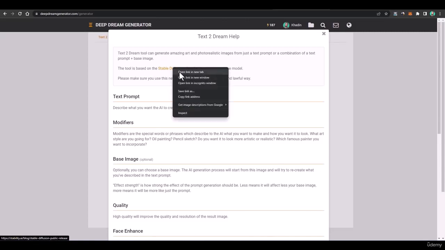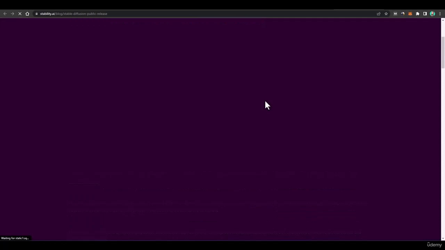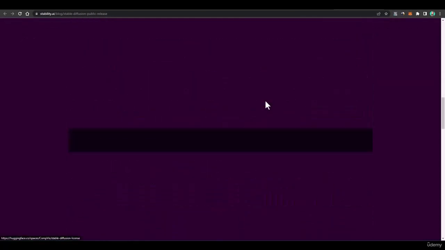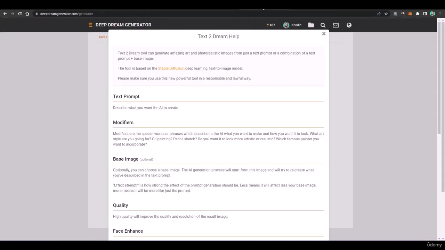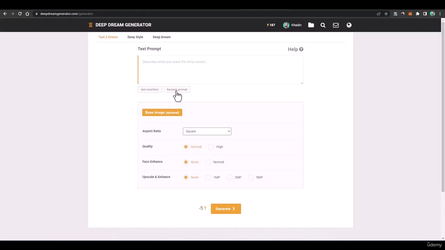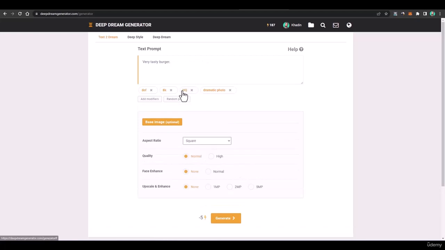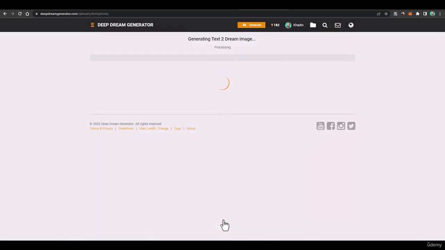And because Deep Dream Generator is using Stable Diffusion, you can also get a look at the Stable Diffusion public release for more information. And then here you have a random prompt option as well. You can click on this random prompt, and a random prompt would be created for you, and you can just generate art using this random prompt generated by AI itself. And you don't need to even imagine anything, and AI will do it all for you.